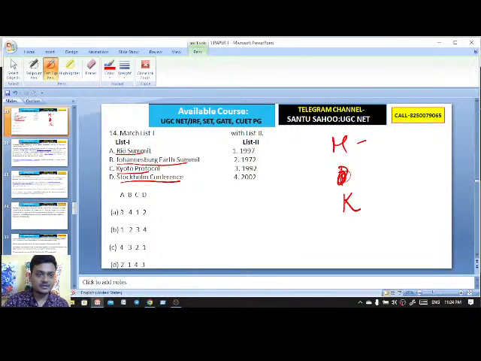So the Rio Summit took place in 1992, isn't it? Rio 1992. And then we have the Kyoto Protocol that took place in 1990.